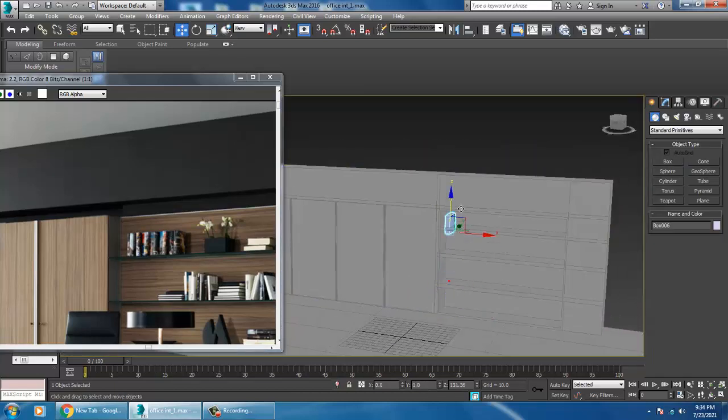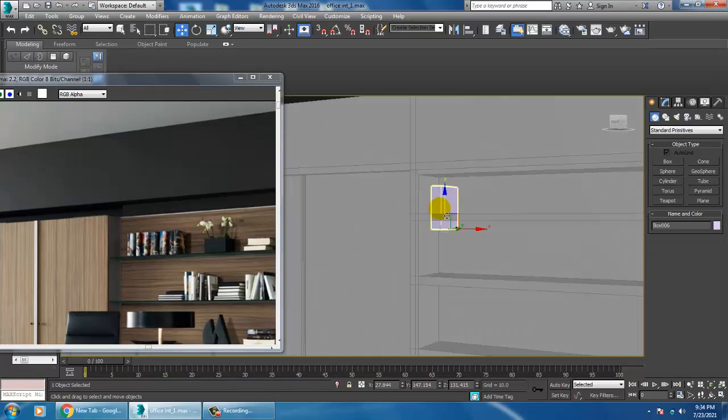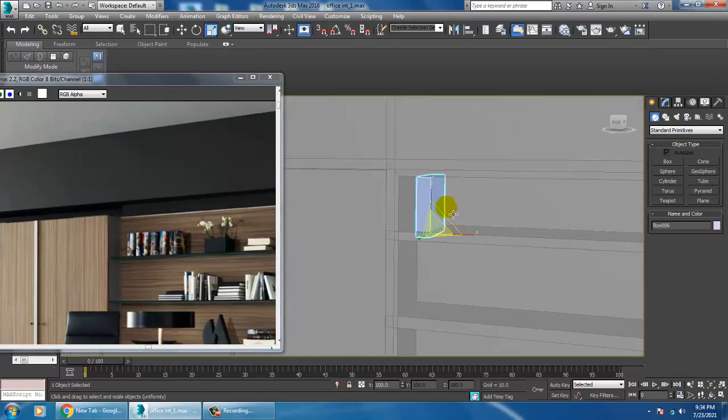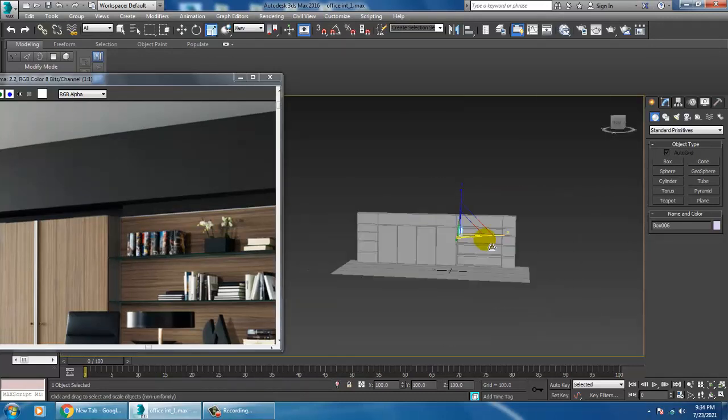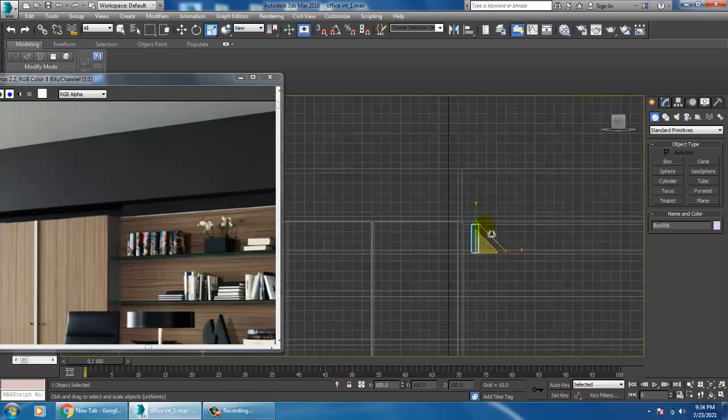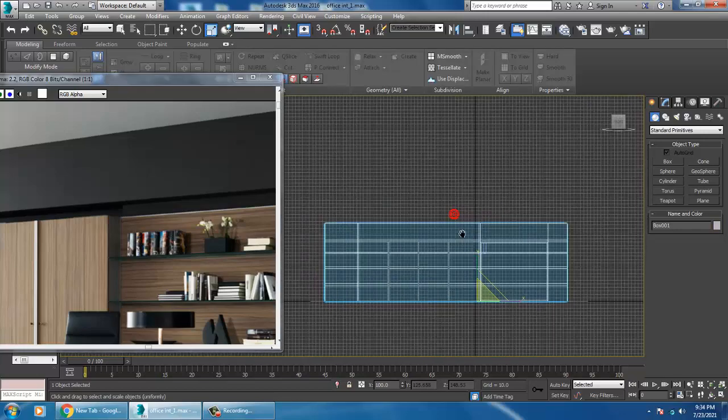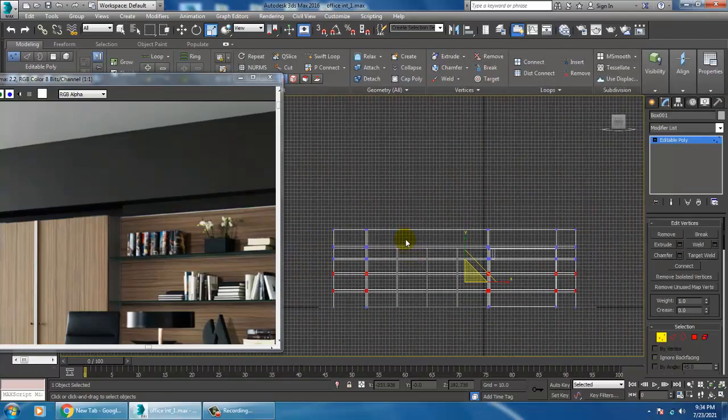Slightly shuffle this up in this way. If you want, we can push it up.